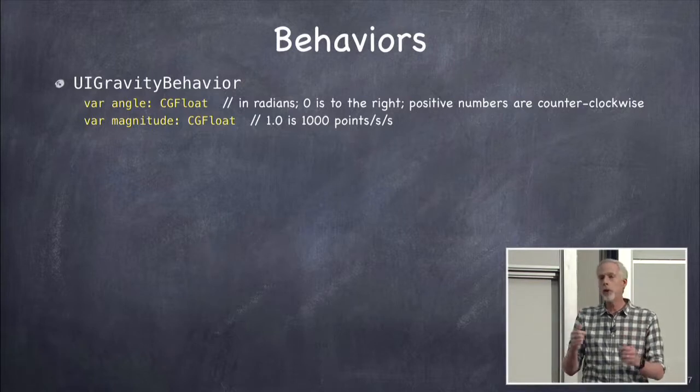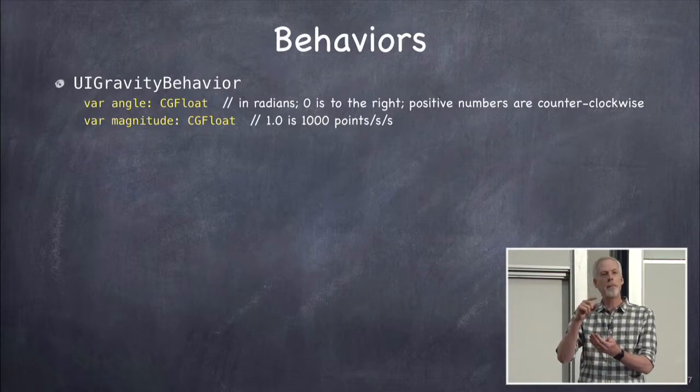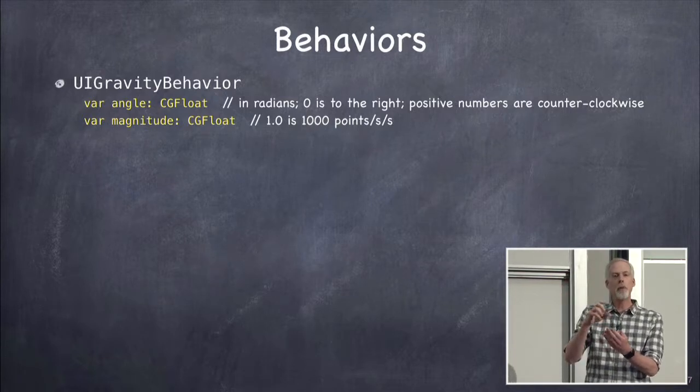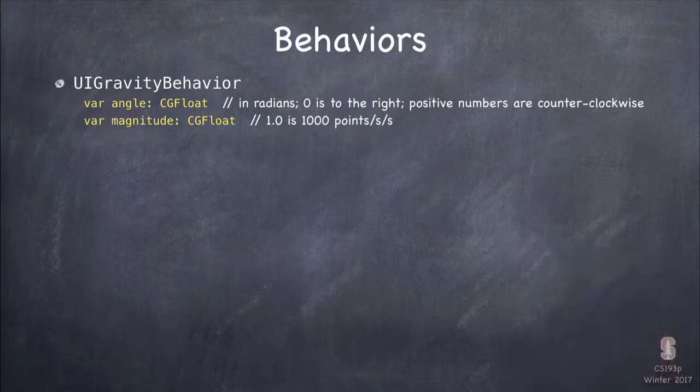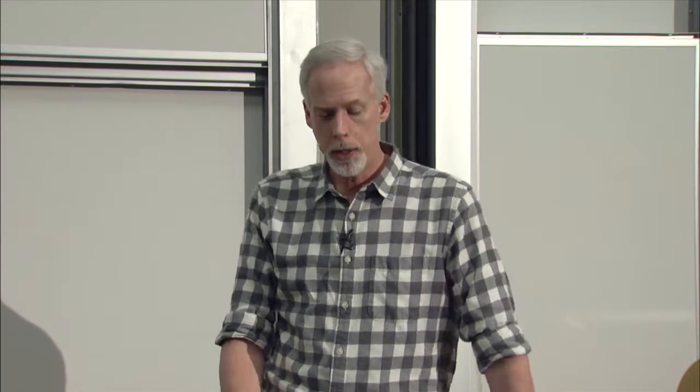So you can tweak these numbers, though. You could have the gravity be up. For example, when I pull out my phone and I swipe up from the bottom, okay, feel free to do it if you want right now. When you swipe up from the bottom, the little control panel comes up, it kind of flies up. That's actually using this mechanism, and it's gravity up. So gravity is actually pulling that thing up when you swipe. And what's more, when it hits, you notice it doesn't just come up and stop, it kind of bounces a little off the end. Okay? And that's a collision behavior. So that thing coming up is a combination of a gravity behavior and a collision behavior, or it might be using a snap behavior, which we'll see in a second too. So anyway, that's gravity, and you can set gravity in any direction, and we're going to do that in our demo on Wednesday quite a bit.